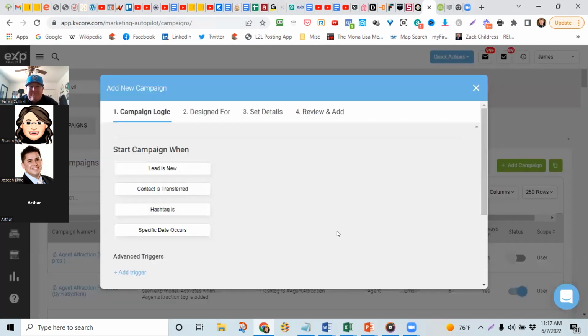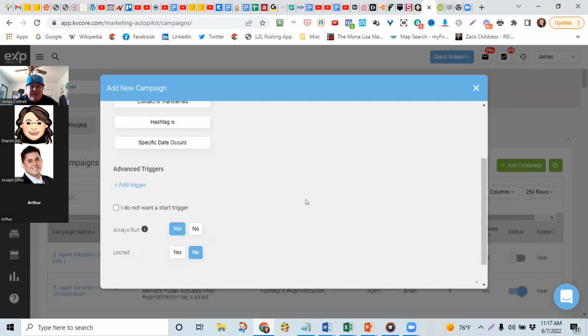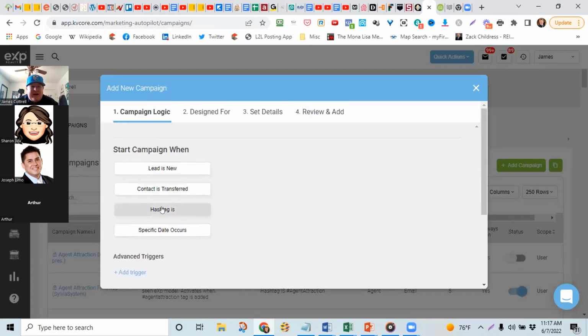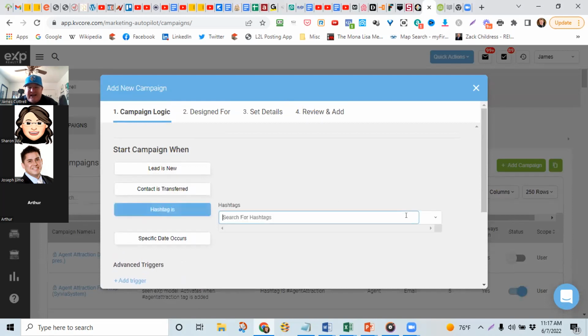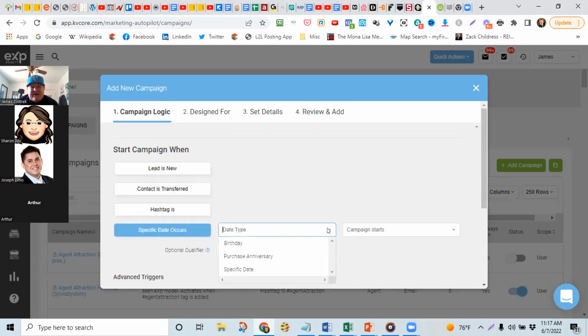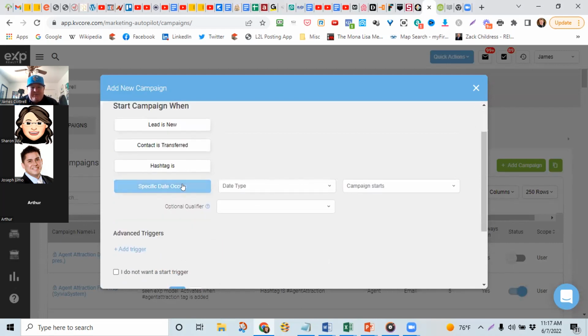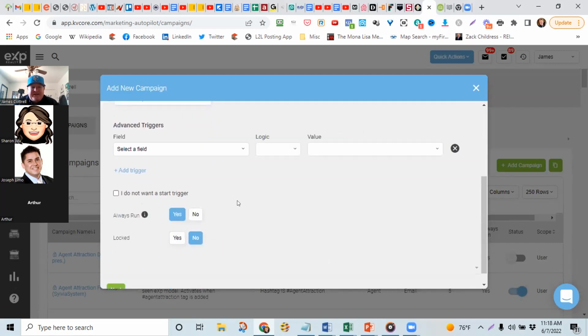All you have to do is hit add campaign. This is going to be all the parameters. You can have it start when a hashtag is a certain hashtag. You can set it when the lead comes in as new, when it's transferred to you, when a specific date occurs. Like you could have a specific date for a birthday. Maybe it's a text message, a cool email, and a reminder to call them. So you can set a drip campaign based on a specific date. I'm going to select no trigger